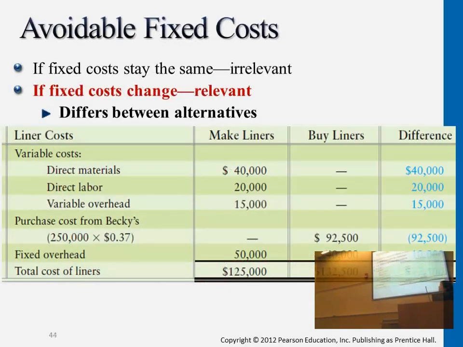Okay, so let's take a look at this example with actual numbers. Say we want to produce a type of product, and if we do it in-house, we have variable cost that breaks down to materials, to labor costs. We talked about in the first 3 chapters, variable overhead. Altogether, can you tell me how much variable cost is there if we produce it in-house? We have $75,000 if we produce it in-house.